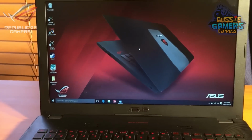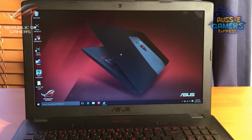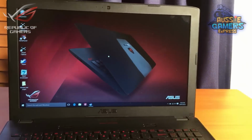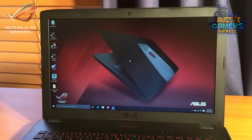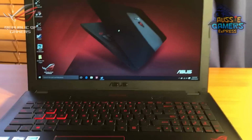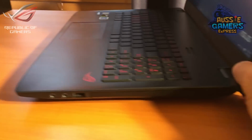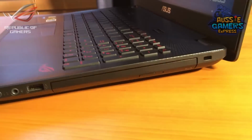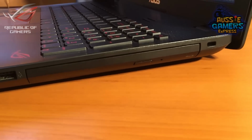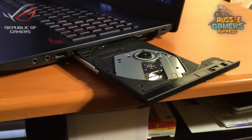Alright, so there you go. That's what the performance of a fairly high-end game is like on this computer. Moving on, storage-wise, you got a 1 terabyte hard drive inside, 5400 RPM for those that are interested. Also has, let me turn it to the side, on the right-hand side of the unit, there is a DVD Blu-ray drive there, so it has an optical drive, which pops out the side, so it's one of those slim